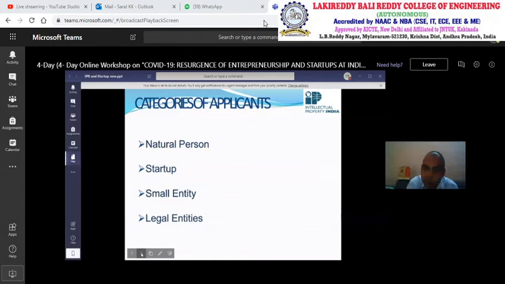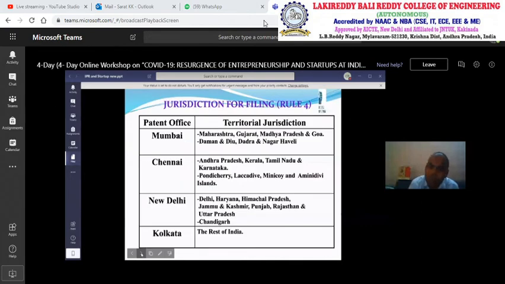Now come to it, we are going to file the patent. Now the question is where you are going to file the patent. Suppose you are working in a university located in Andhra Pradesh. Our Indian government divided the whole territory into 4 different jurisdictions. What are the jurisdictions? The people who are working in a particular territorial jurisdiction can file at